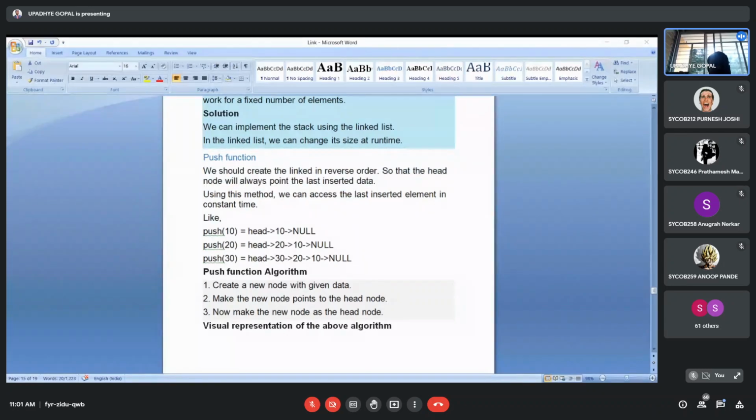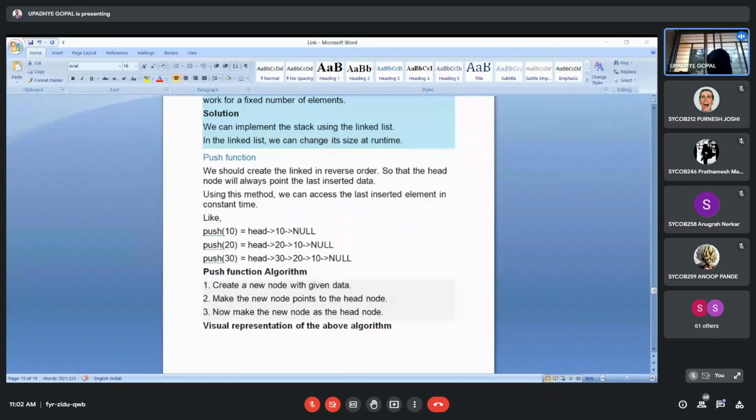99% such type of questions will be there in your online examination. The reason for using the representation of a linked list in reverse order for a stack is that a stack's basic principle of working is last in, first out. That's why the representation should be in reverse order, so that as soon as we insert an element, that element will be retrieved first. That is the major concern, and for that reason we have this statement.